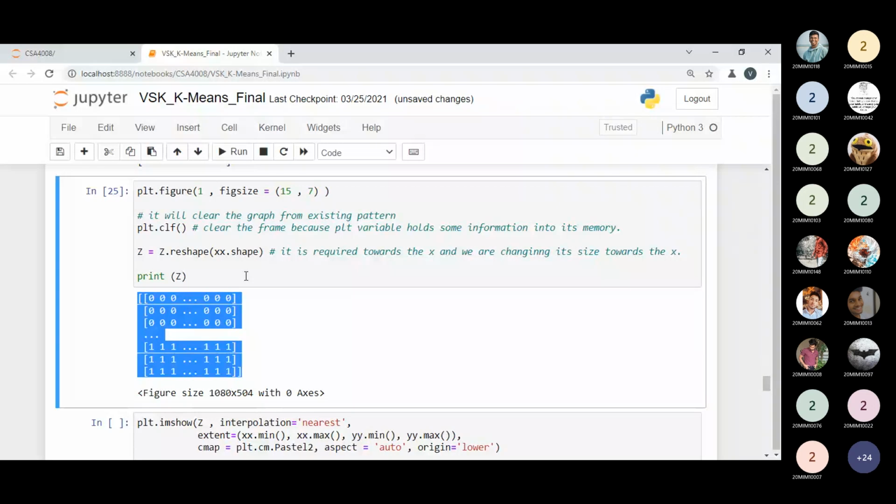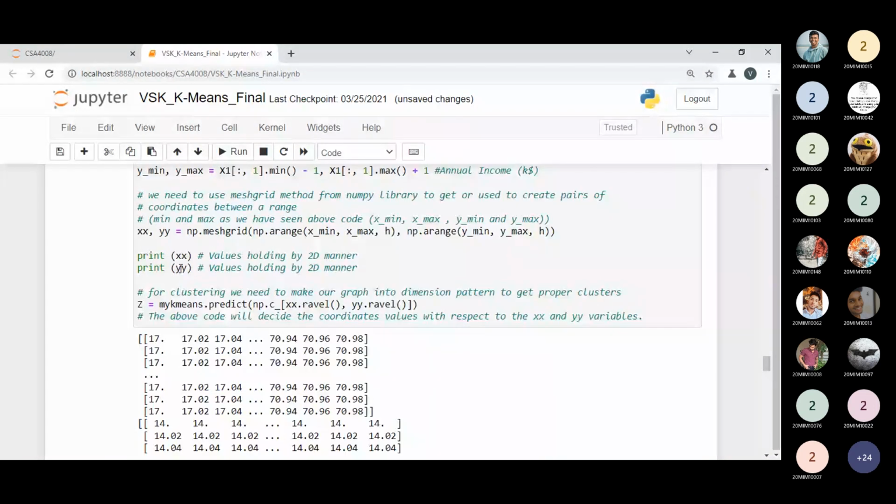Why is reshaping required? Because see what we have previously, we have the x and y value in the 2D manner. So if I try to print this information, then we cannot justify which value I have to take as our data. So x you can take, y you can take.